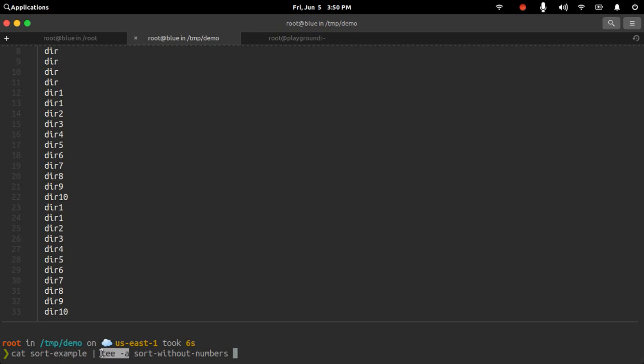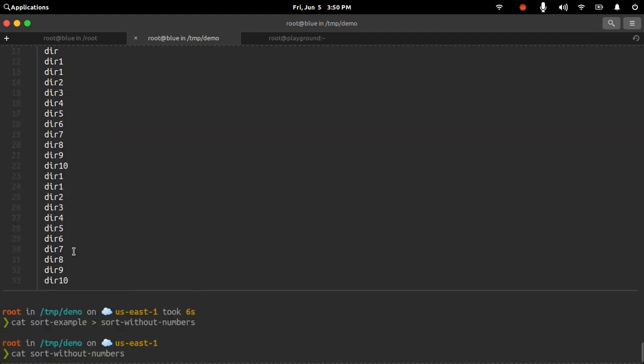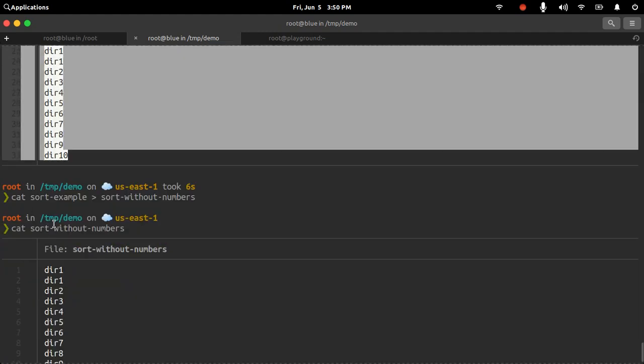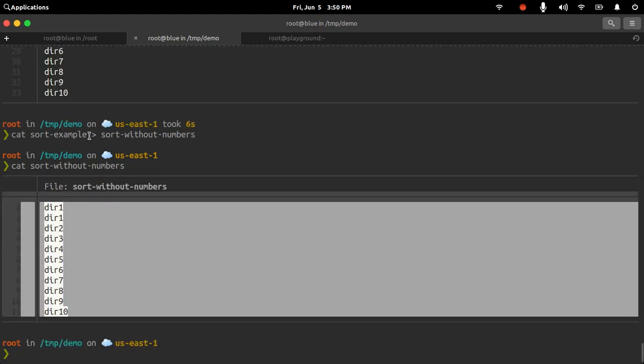For doing one single thing in Linux, there are multiple ways, multiple commands, and multiple combinations of commands that can be used for achieving a single thing, and tee and double arrow redirection does that. If I had used a single arrow redirection, then the existing contents would be overwritten. Yeah, so the existing content, the 33 lines, were deleted and it was overwritten by the 10 lines that this command is generating as output.